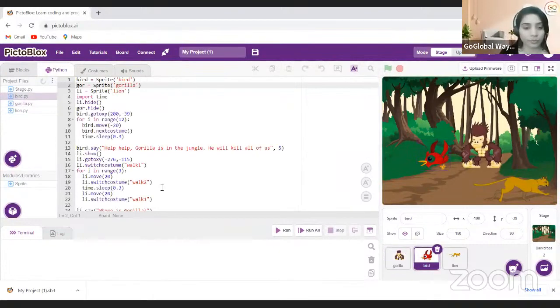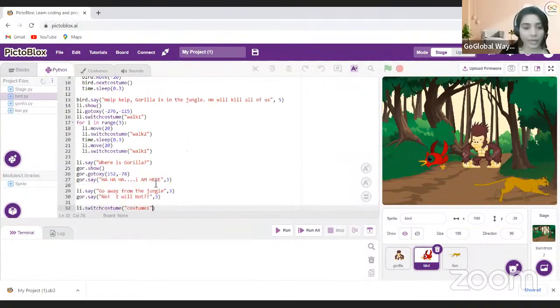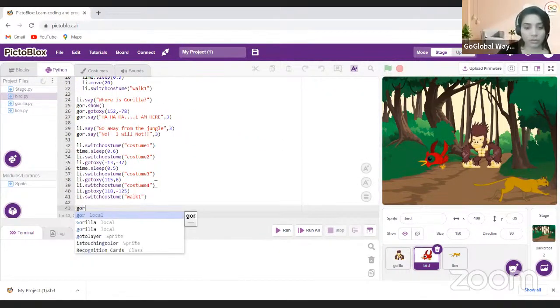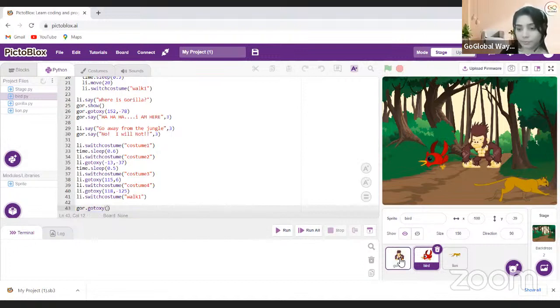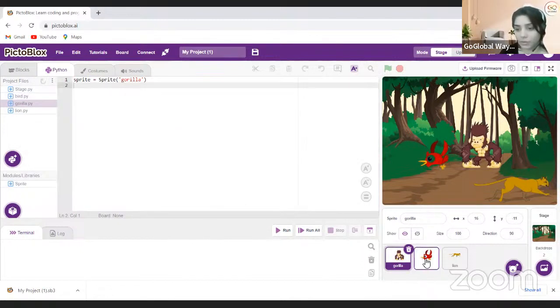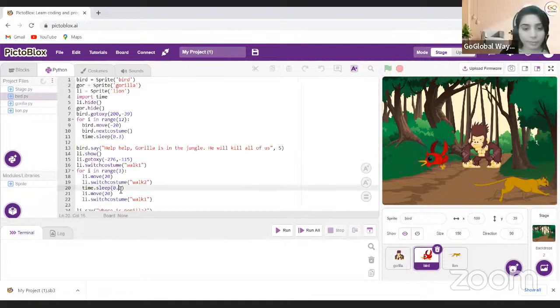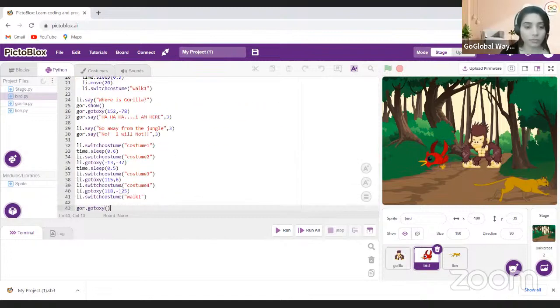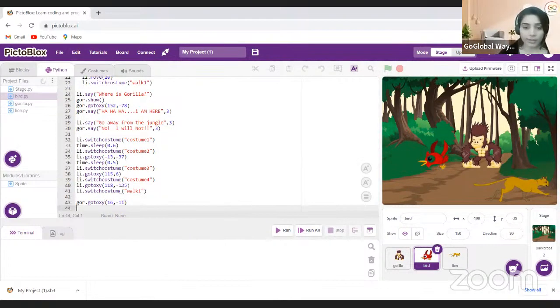So, gorilla I'm calling as gore dot go to xy, and here it will be 16 and minus 11. Then